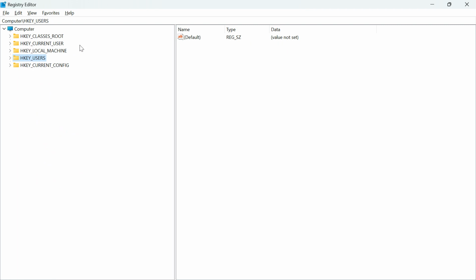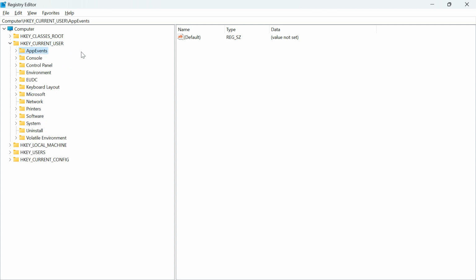So yeah, one more thing is HKEY_CURRENT_USER is a replication of HKEY_USERS. Whatever details are available in HKEY_CURRENT_USER will be available in HKEY_USERS. But we only use HKEY_CURRENT_USER. Why? Because HKEY_CURRENT_USER is